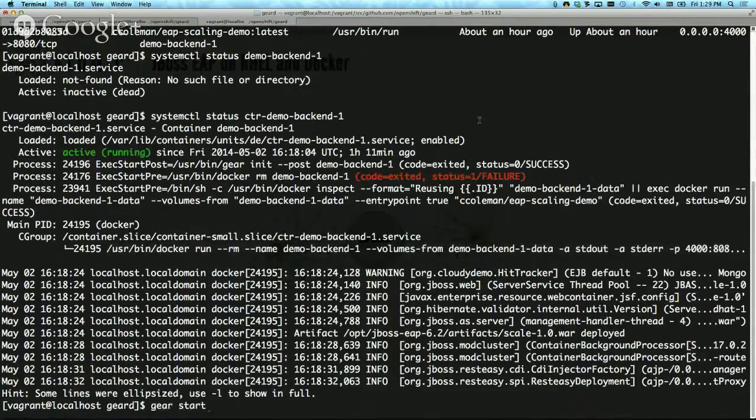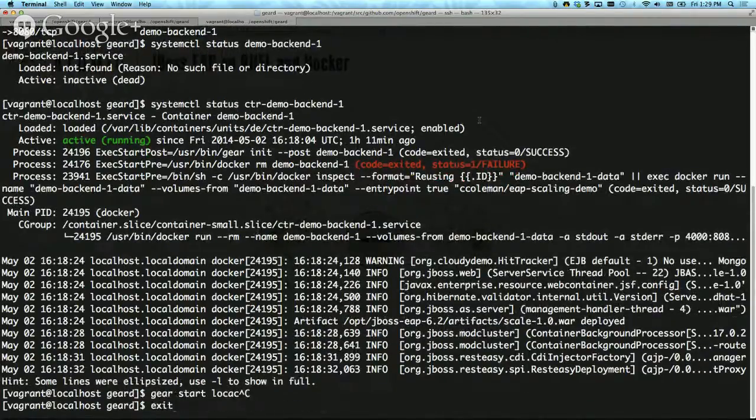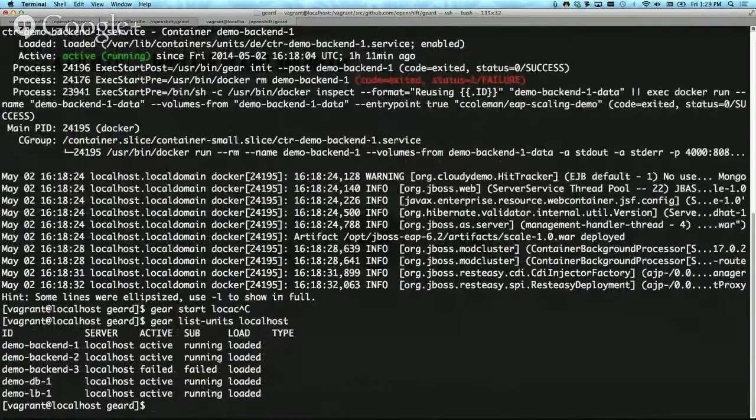So I'm going to start up, I'm going to tell. If you saw from this list, I have this third backend that's not started. Well, each of these containers is wired together using that container networking I talked about. And what that means is that when I start